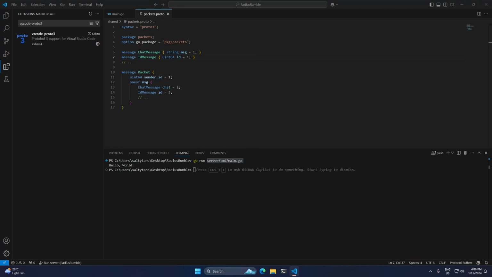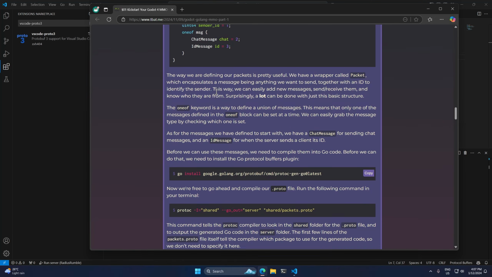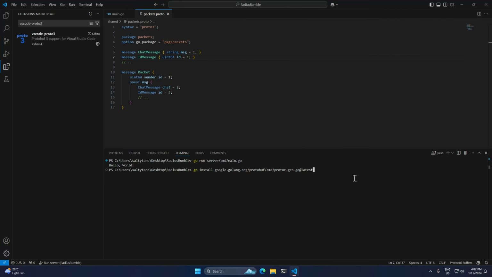Well, first we actually need to install something that's just going to allow us to create Go source code out of the protoc tool. So we're going to go ahead and run go install google.golang.org/protobuf/cmd/protoc-gen-go@latest. And by the way, these commands are all on the blog post, which I talked about in the previous video. So a link to this part 1 post will be in the description, and all of the commands will be available. You can just click this little copy button here, and you can paste it straight into your terminal. So if we run that,